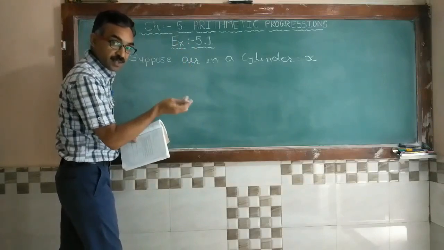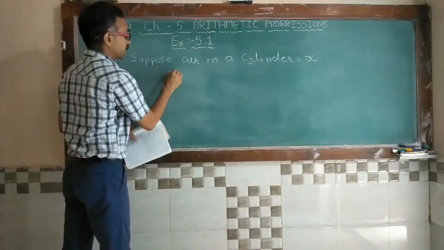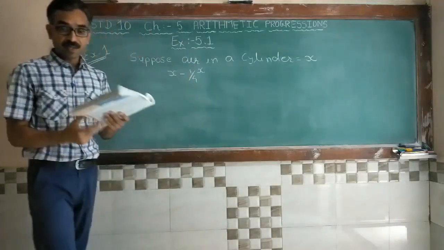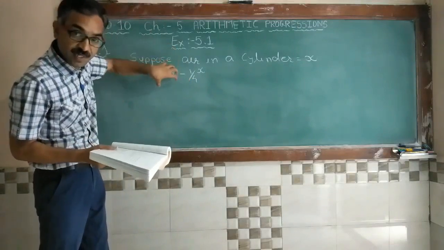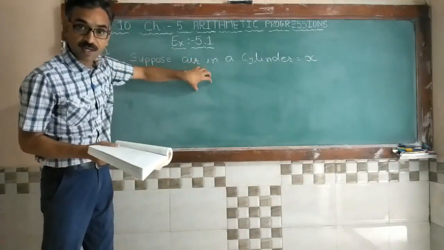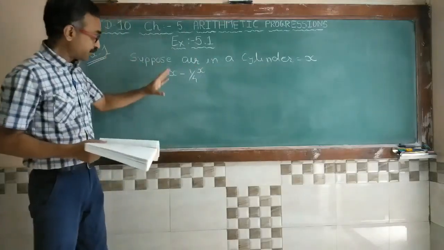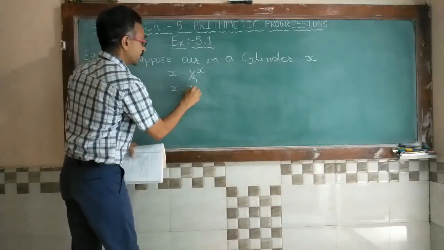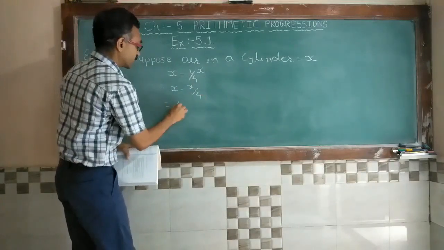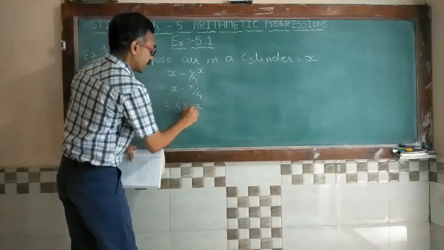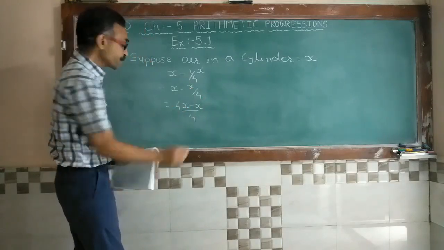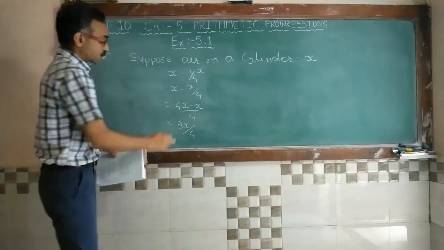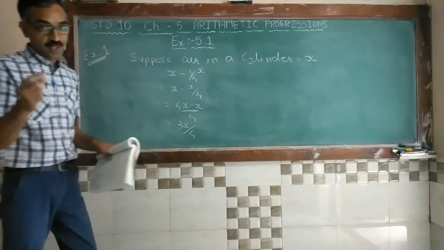Now when you are pumping the first time, the air remaining is x minus 1/4 of x. जितनी भी हवा थी हमारी उसमें से 1/4 हवा वैक्यूम पंप निकाल देता है. That means x minus 1/4 x. So x minus x upon 4, that means 4x minus x divided by 4. We are taking LCM here. That means 3x by 4. So your second term is 3x by 4.